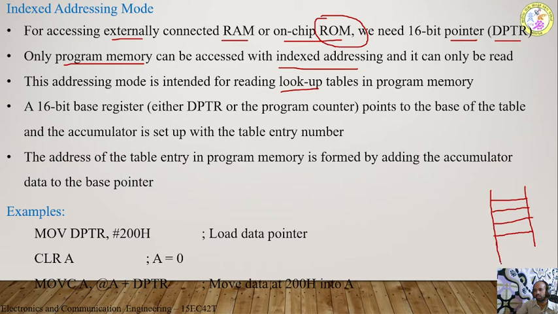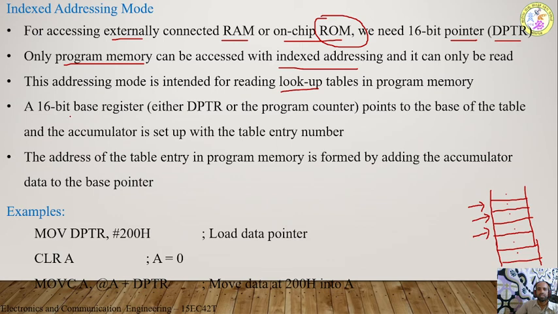For example, I want to find the square of a number, square of 5. So square of 5 will be stored here: 5 to the power of 0, 5 power 1, 5 power 2, 5 power 3. So these are the constants, and these constants are already stored in the memory location. Every time I access this data, I use the indirect addressing mode. This predefined table is called a lookup table. Again, we will understand what a lookup table means once we start the programming.